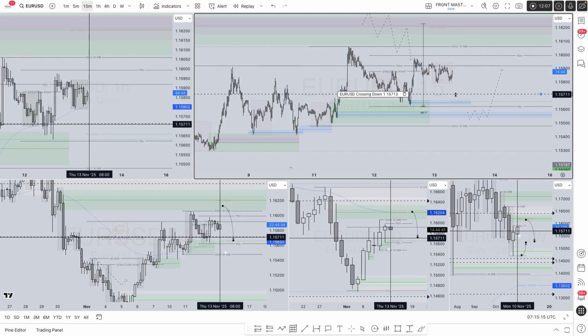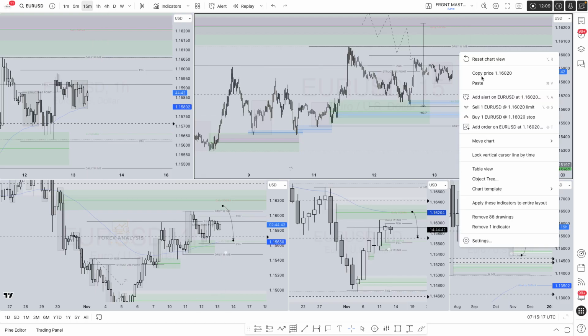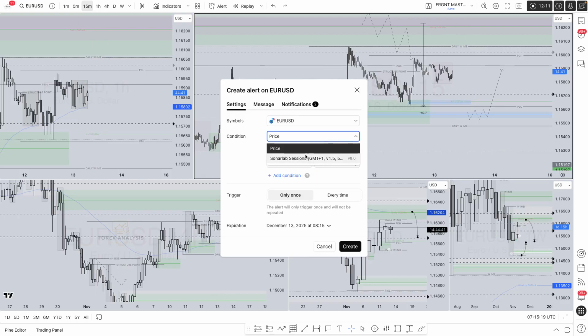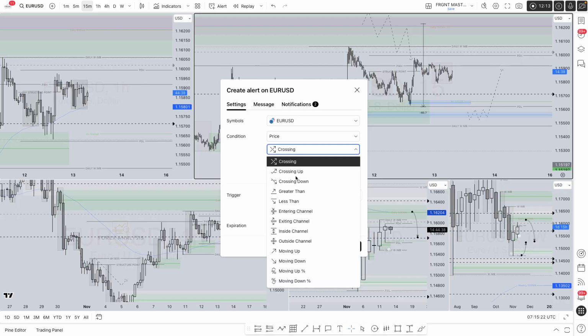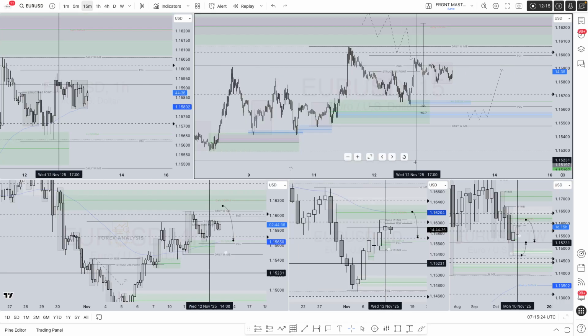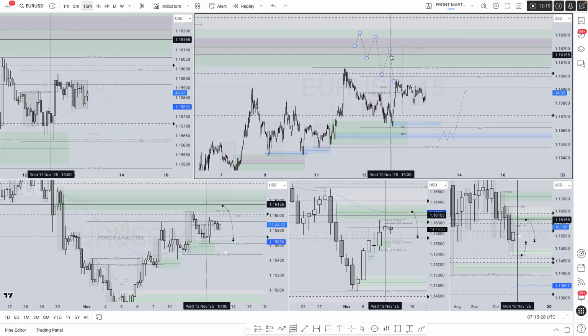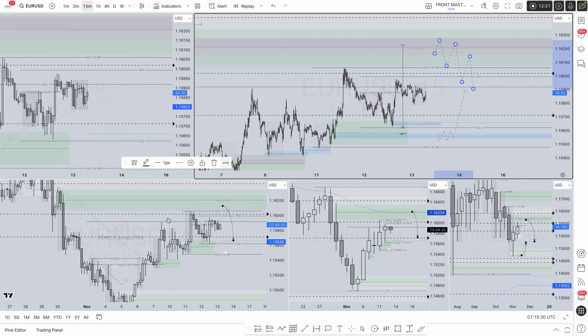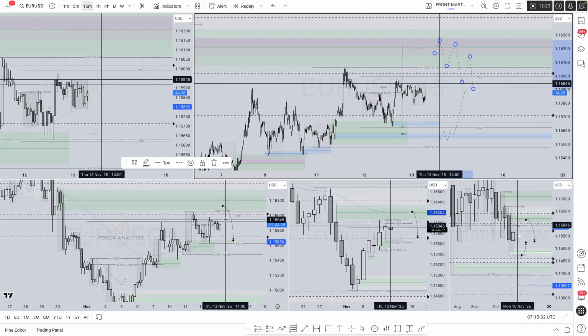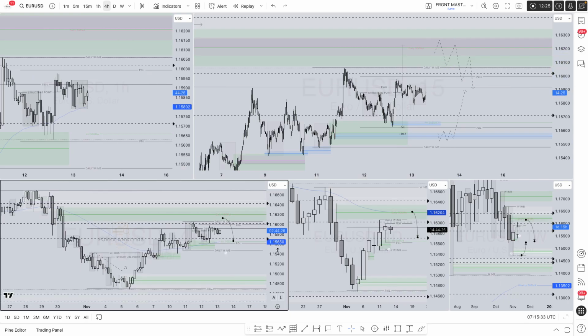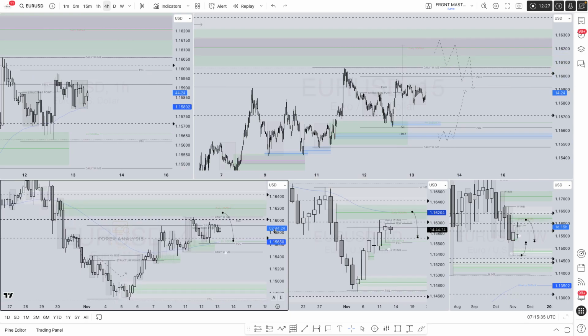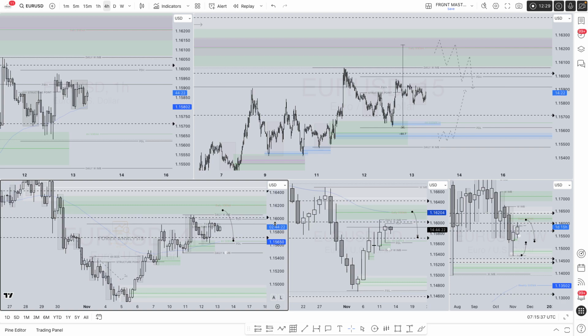Not every setup is to perfection, so we can take a look to see how that fares once our alerts then go off. In terms of short positions already drawn out there at the top, daily 50 MA, as I said, that aligns nicely within that 4-hour order block. Daily 50 MA providing that confluence. We are then trading in and around those areas of a daily order block as well.